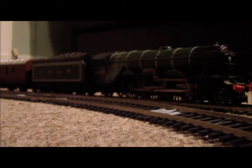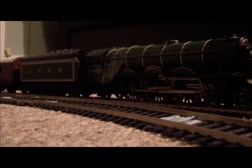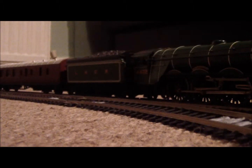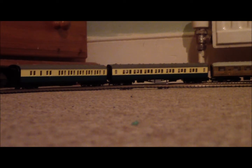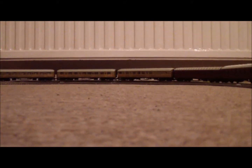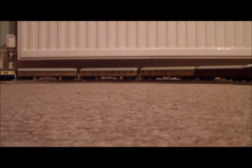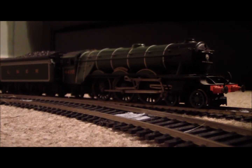And now, let's focus on the Flying Scotsman. So, our train today is formed of 8 coaches. So we've got 3 LMS coaches, 3 LNER Gresley coaches, and 2 Gordon's composite coaches from the Thomas and Friends range. But all of these have people in them. Well, just imagine they have people in them. And Flying Scotsman is just here. But we forgot something, and that is